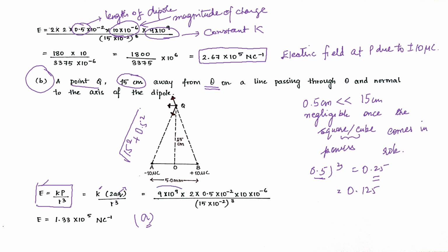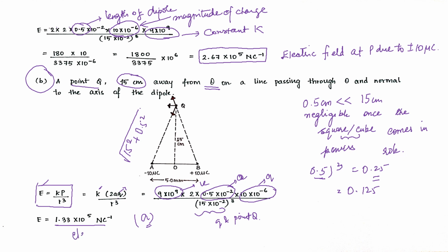So see here how we have taken the numerals. This is k and this is dipole's A, and this is our charge q, and this is the distance between the charges and the point q. After solving it, we'll get 1.33 into 10 to the power 5 Newton per coulomb,